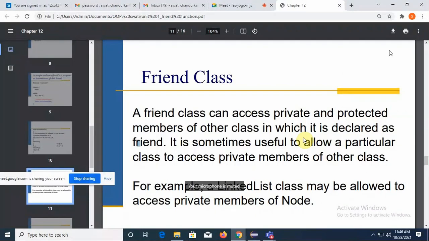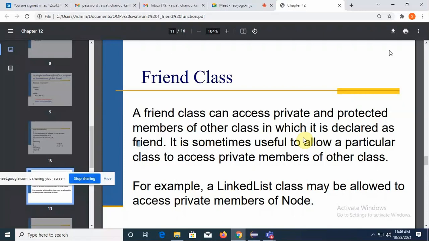Yesterday, I demonstrated that thing with two classes, and I demonstrated it with a friend function, which is a common function between these two classes. And as it is a friend, it is not the member of any class. So when I'm defining it, I need to define it without a scope resolution operator. But yes, amongst which classes it is shared, that needs to be informed to the compiler. So that is done with the help of arguments. In this way we are accessing private data with the help of objects.